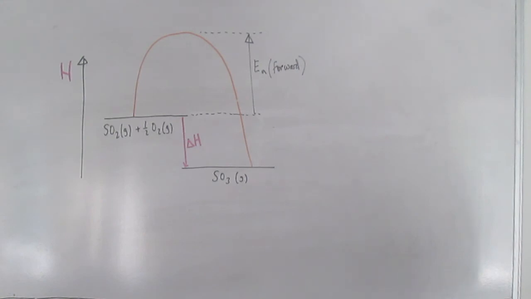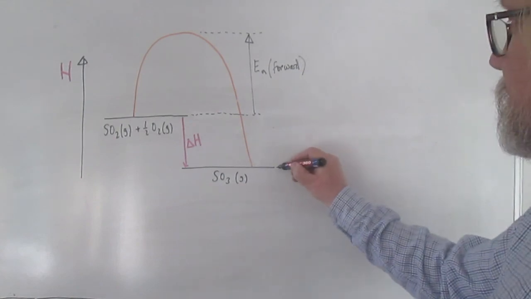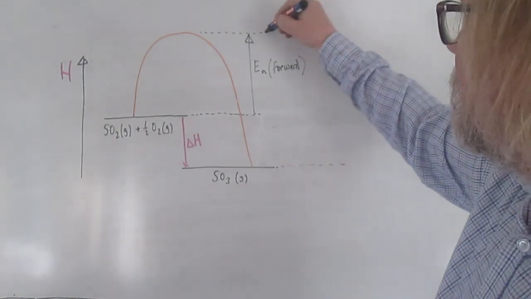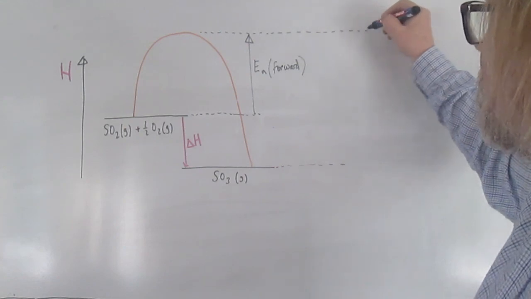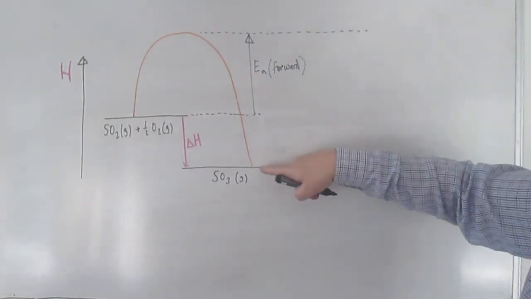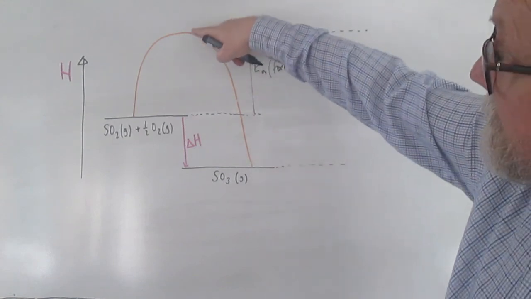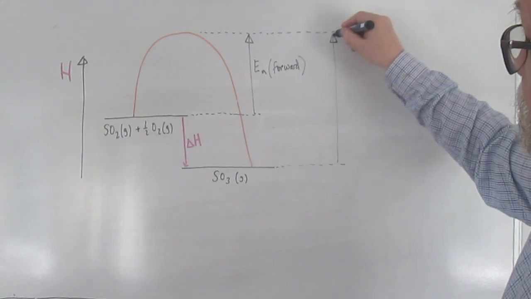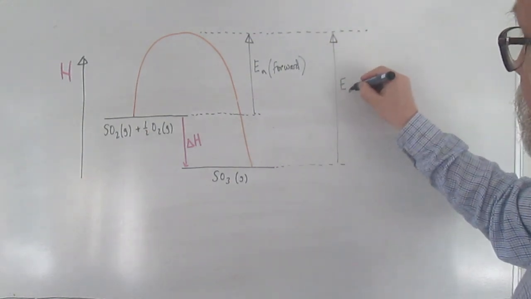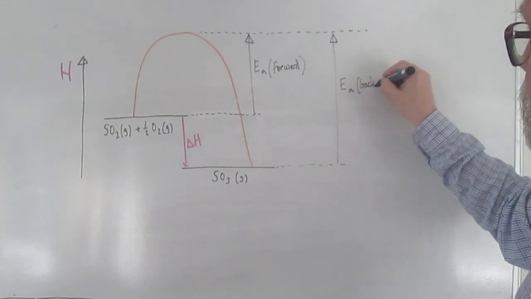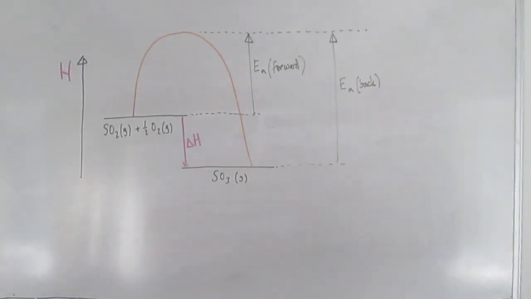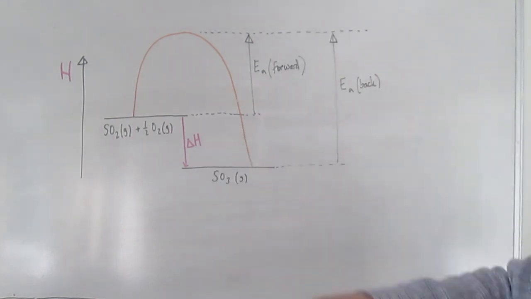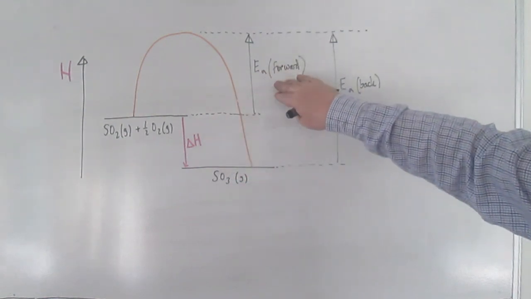So what that means is that if we're focusing on the back reaction, we're going to have this situation. So if we just extend these lines across here, the activation energy for the back reaction means starting from here, you've got to get to the same hilltop, so you've got to get all the way up there. So this is the activation energy for the backwards reaction. Okay, so this kind of diagram is quite helpful for letting you see what the relationship between those three terms is, delta H for the reaction and the two